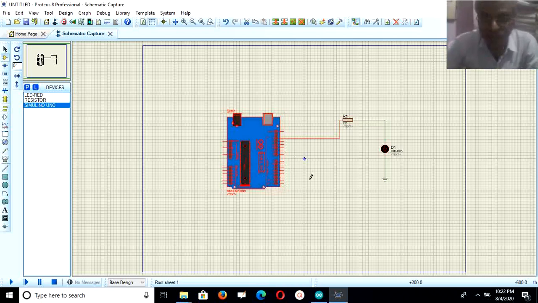Now everything is completed, connection is complete, and hex program of that file is loaded on the Arduino board. Next, run this program. We click on this run button. LED off, LED on, off, on. It will continue on and off after every 1 second, as I have written code in the program. That's all. Thank you.